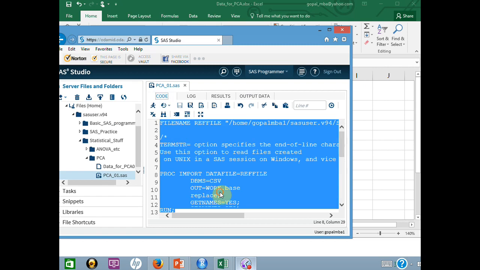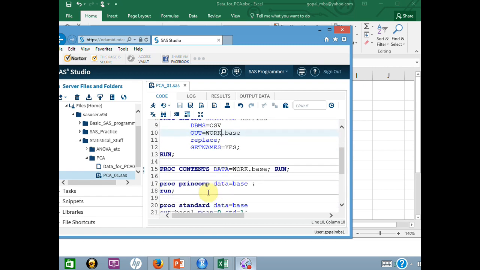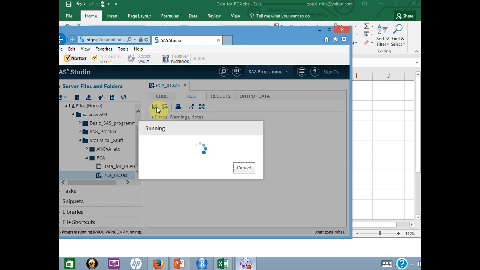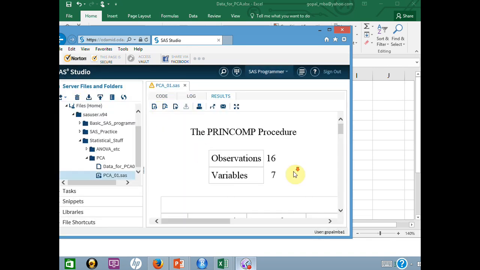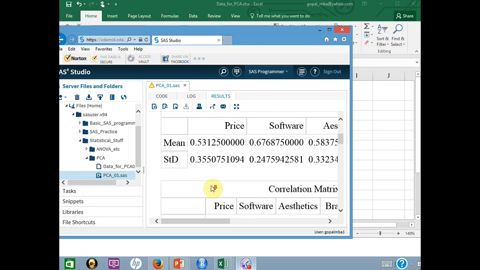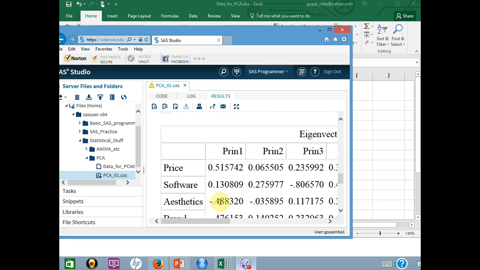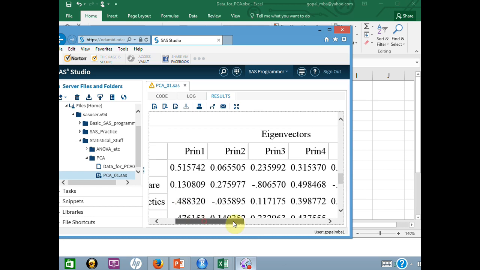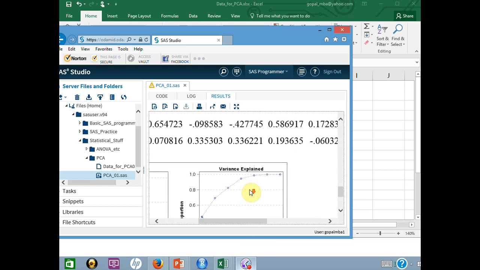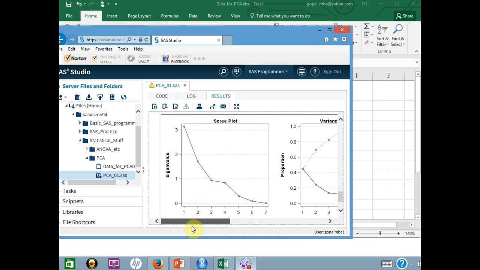Now let's go ahead and use the principal component procedure. It produces several outputs like mean, correlation matrix, eigenvalue, eigenvector detail, and the scree plot.